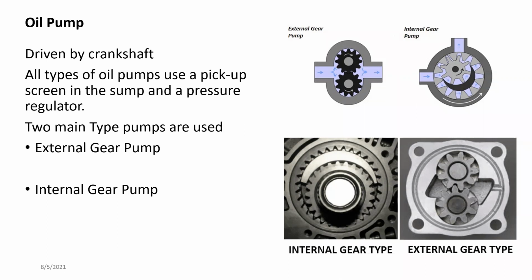Usually gear pumps are used for lubricant because of the high viscosity. We call these positive displacement pumps. Any positive displacement pump can be used, but the main reason for using gear pumps is